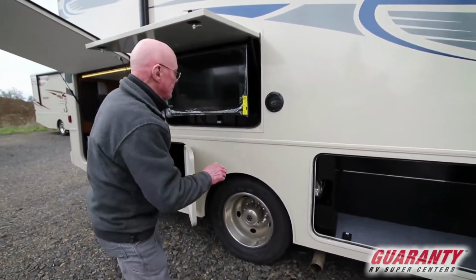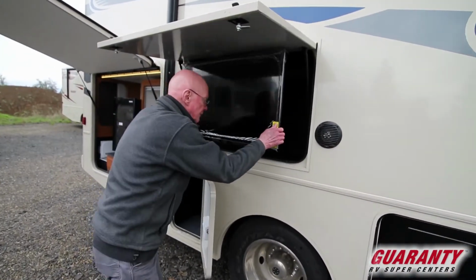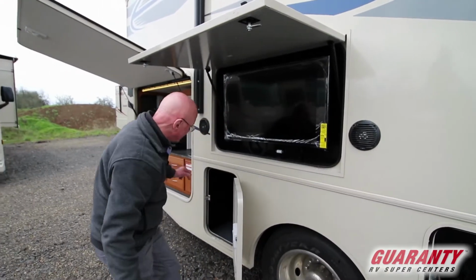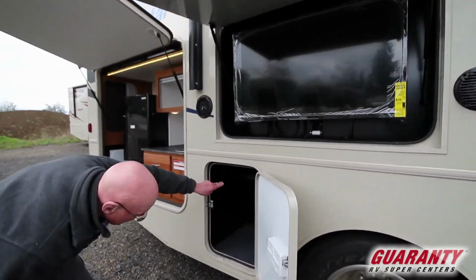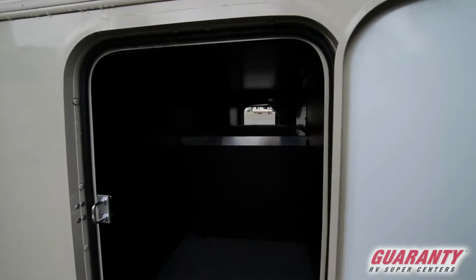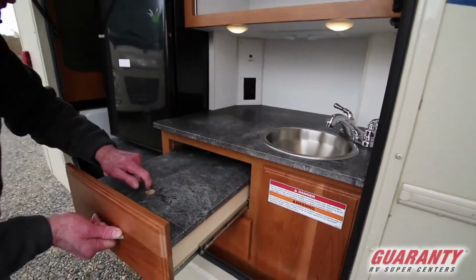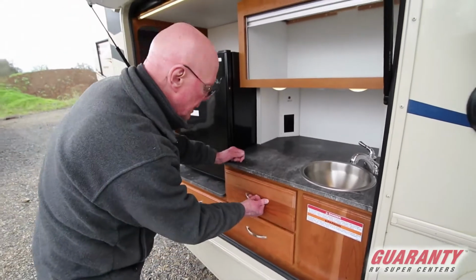This coach is equipped with the exterior entertainment center here. This TV set is articulated, and notice that we have speakers on both sides. More storage in this area, and indeed that is pass-through as well. This is part of this tailgate package I had talked to you about. We've got pull-out drawers right there, sink,